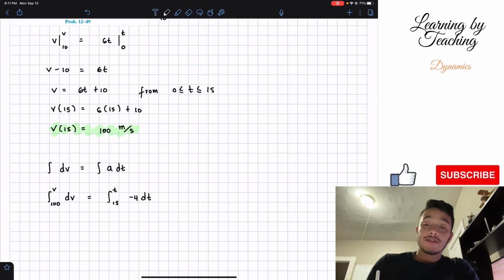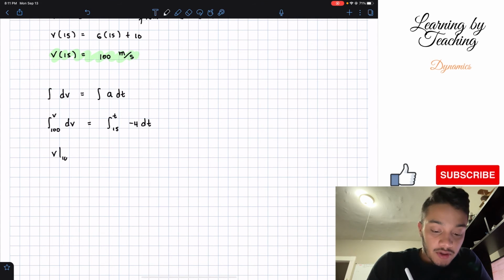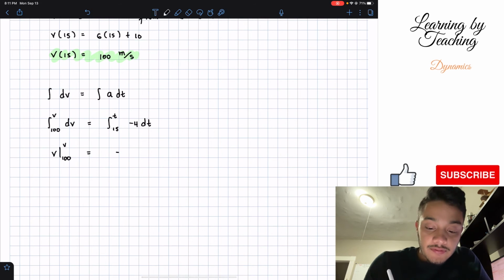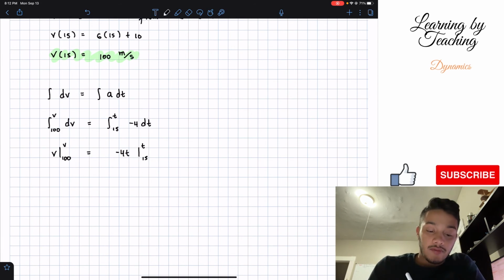Okay, so if we solve the integral on our left side, we will have v evaluated from 100 all the way to our final velocity, and then we will have -4t evaluated from 15 all the way to a final time. Okay, now if we apply the boundaries on our left, we're going to get v minus 100 has to be equal to